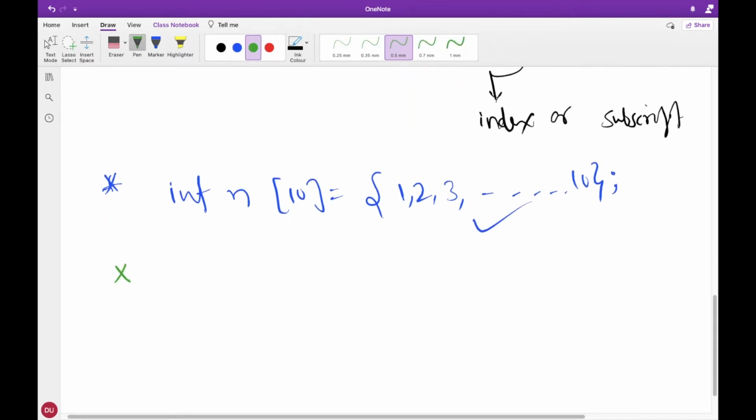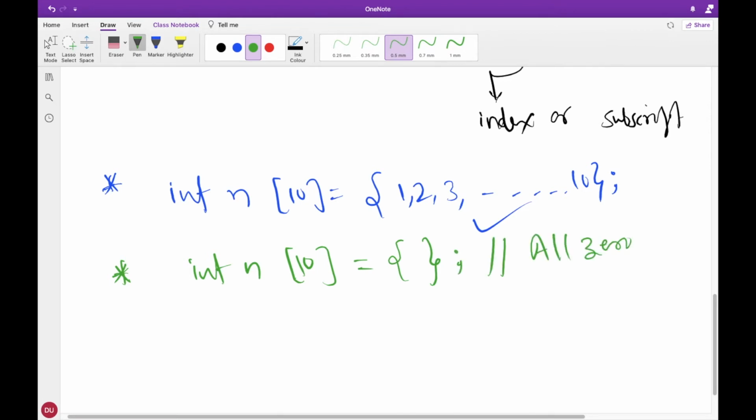You can also create an array with size 10 and having all the elements 0. So for that you have to just put these braces here, and in this case all the elements will be 0. There are a few other things you have to keep in mind. Here we are providing 10 initializers, and it is assigning those 10 elements to this array. In this case we are not assigning anything and it is assigning zeros.